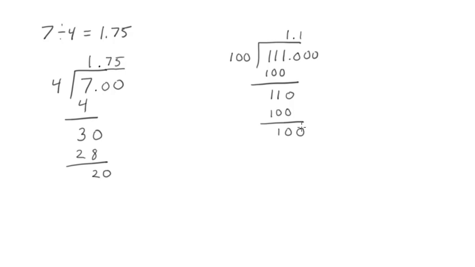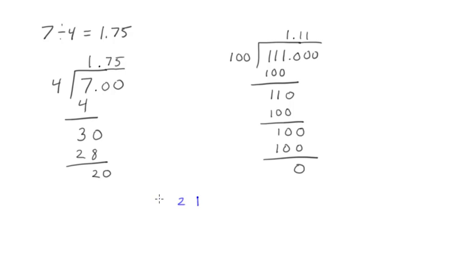Bring down another one of the zeros. 4 goes into 4 one time. 1 times 4 is 4. 4 minus 4 is 0, and we're done. But is 1.11 really equal to 1.75? Well, in the whole numbers, in the first column we've got a 1, in the second column we